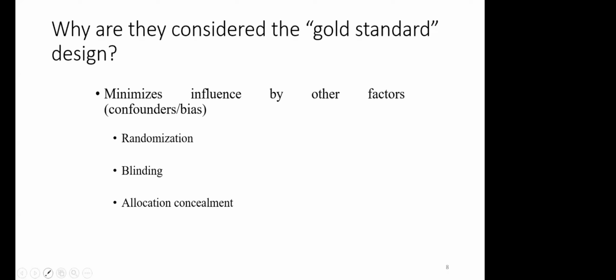And as alluded to earlier, this is mostly because of the way they are structured. So number one is by randomization. And we said randomization is the process of assigning study participants to different intervention groups purely by chance using a random method. And this is to ensure that each participant has an equal probability of receiving either the intervention or